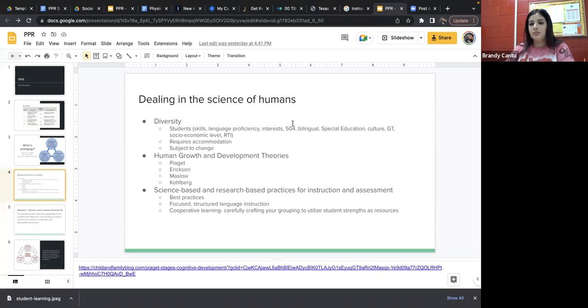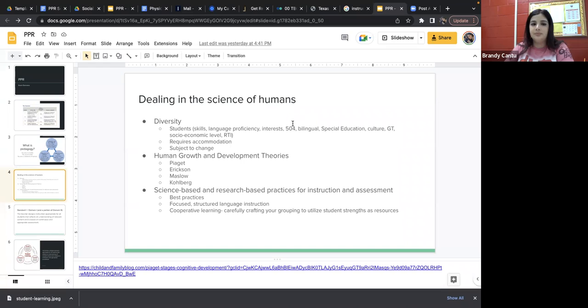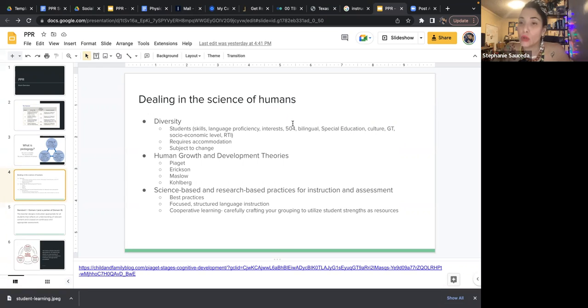They're not even always going to stay the same. Sometimes they need a support, and then the language proficiency goes up and they don't need that anymore. Or they're learning from their behavioral intervention plan, their BIP, and so their behavior is getting a little bit better, and they're learning to control their emotions. Whatever the case may be, it's a rolling ball, and we have to plan for the people that we have.